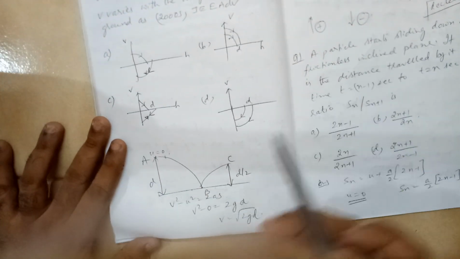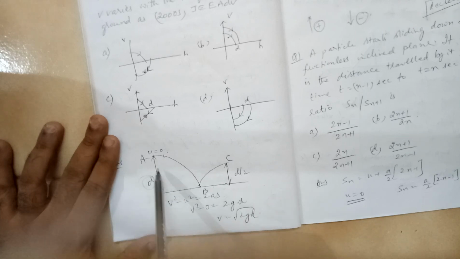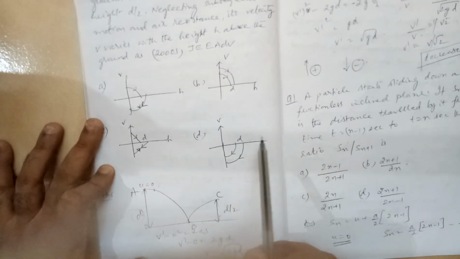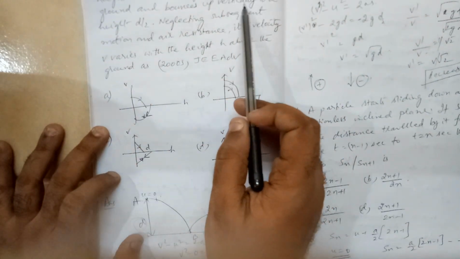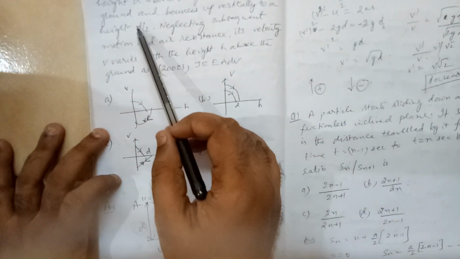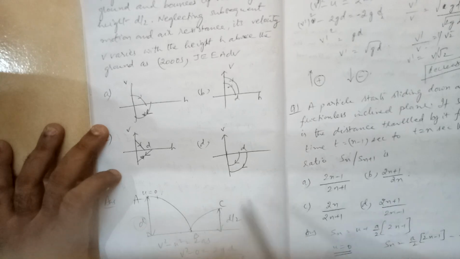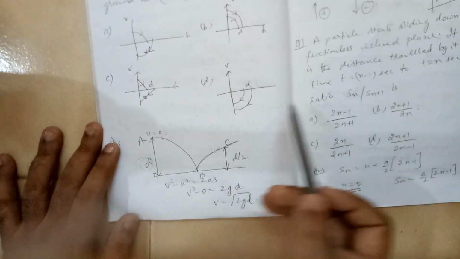Now basically the scenario is like this: a ball has been dropped from a height d, let us say, and it falls and then it rises. It is said that the second time it rises vertically to a height d by 2, and it is not said that it is returning from d by 2 now. That means it is still continuing, maybe somewhere it's continuing like this, but we are talking at a height d by 2. So what is the information we have?